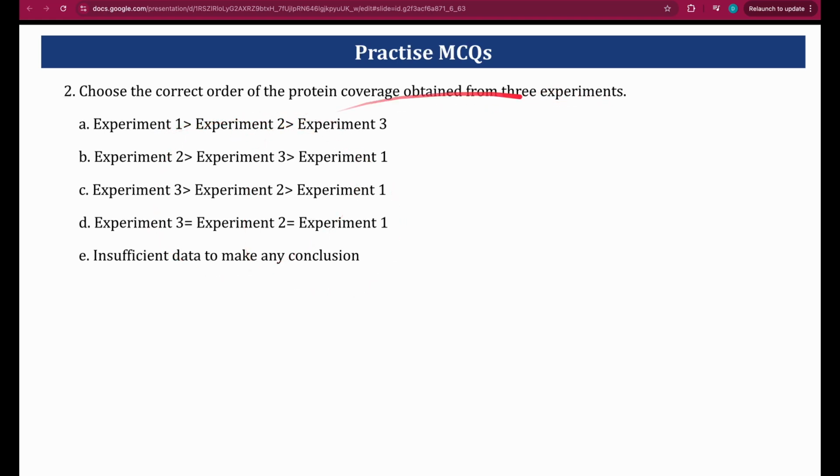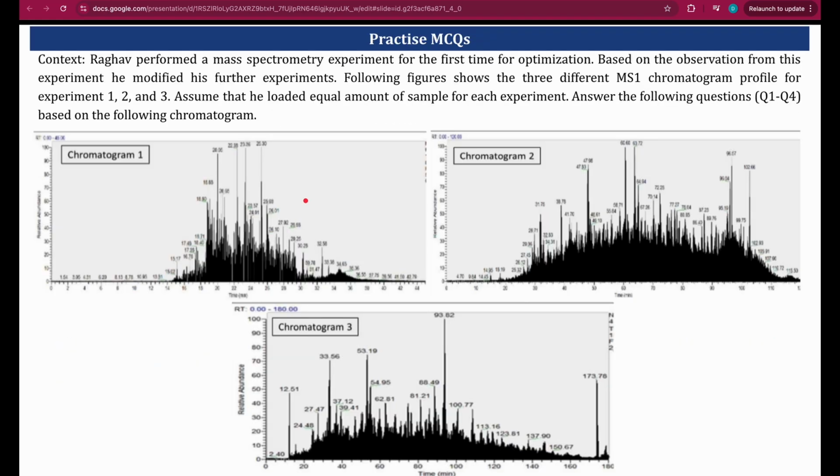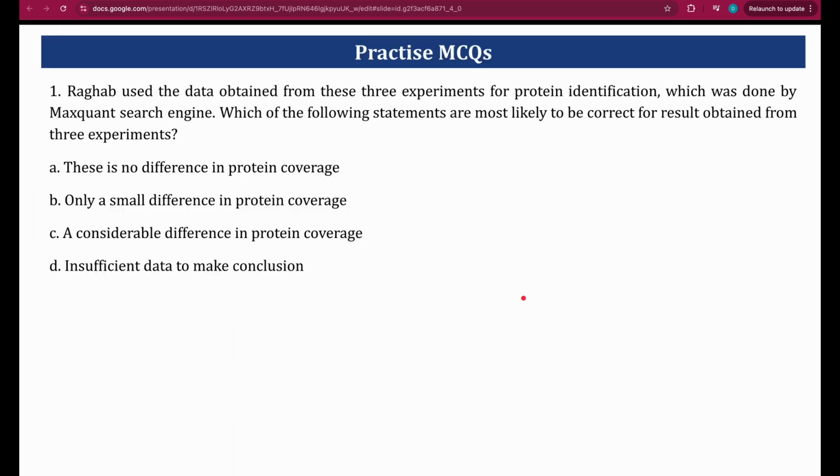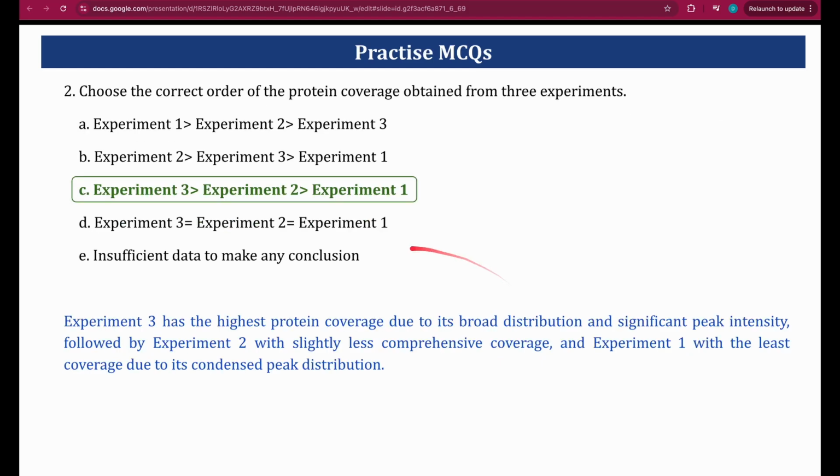So which has the highest coverage? As we have also discussed, experiment 3 had the higher coverage because it had the greater retention time and the peaks were also strong. Then comes experiment 2 and then experiment 1. As you can see, these two have the higher peak values and greater coverage as compared to experiment 1. So if you have to order them, it will be experiment 3, then experiment 2 and then